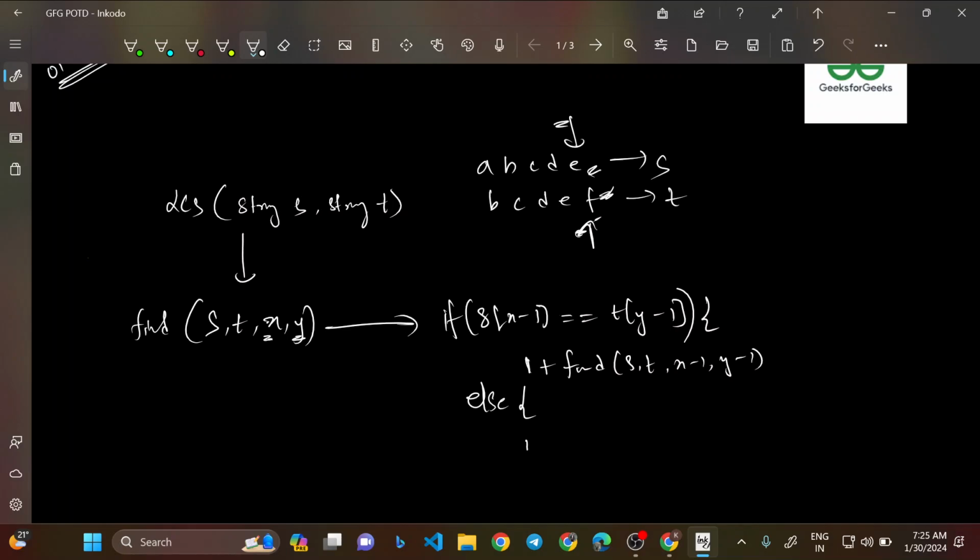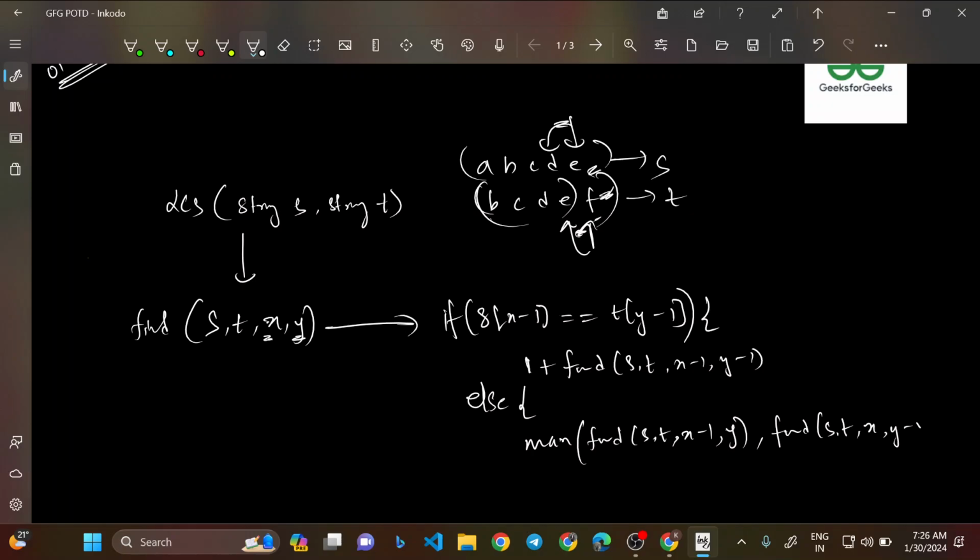So max of, either we'll be moving this pointer to this side and compare this whole string with BCDE, or we'll be taking this E to this side and comparing the whole string with BCDF, isn't it? So max of find of ST, either you'll be decreasing X and keeping Y the same, or find of ST X Y minus 1, right? This is what you'll be doing,